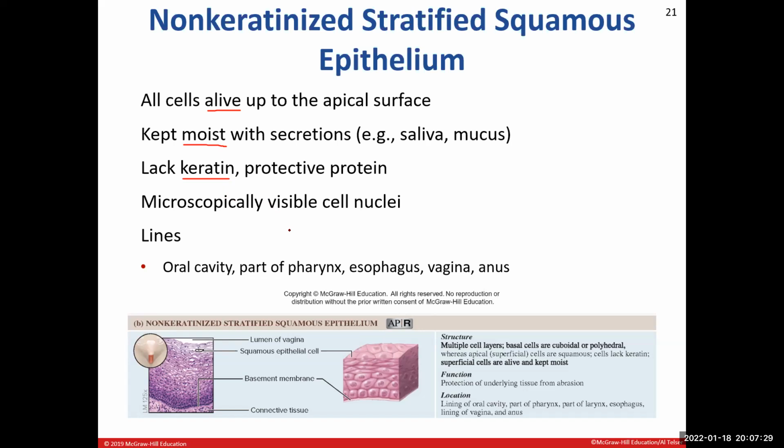But if a cell doesn't have a nucleus, most likely it is dead or it will be dead soon. All right. So when we're looking at non-keratinized stratified squamous epithelium on a microscope, we will see nuclei in all the cells, telling us, okay, those cells are alive. So we're going to see this type of epithelium in areas that are entrances into your body and exits from